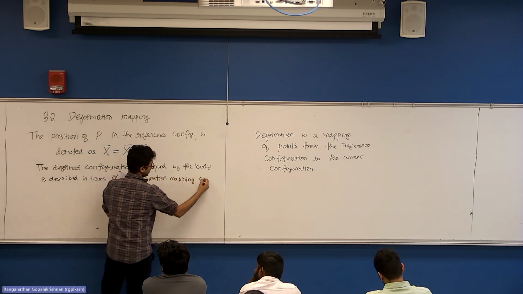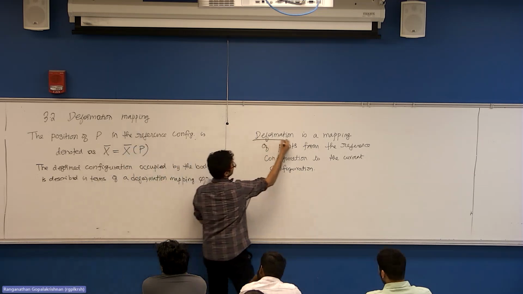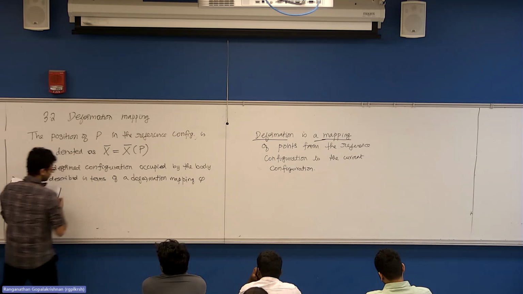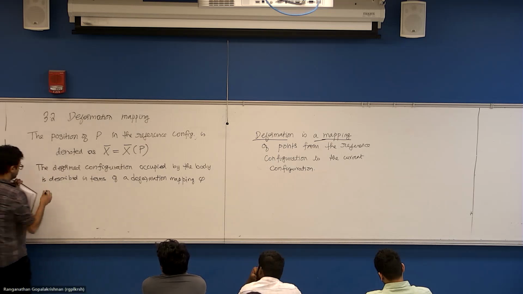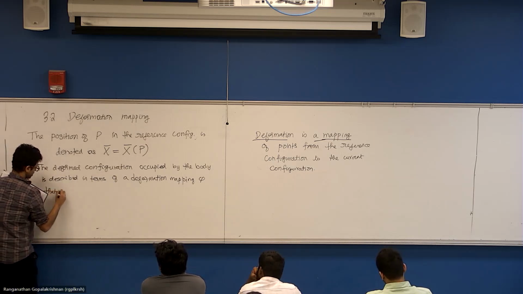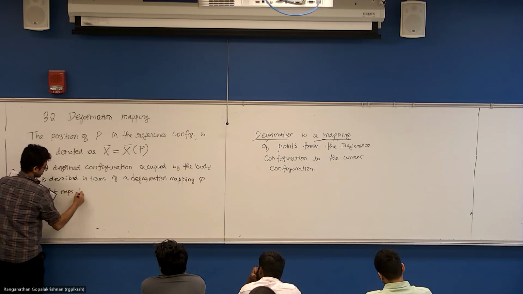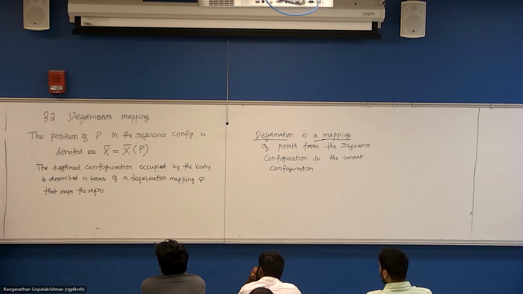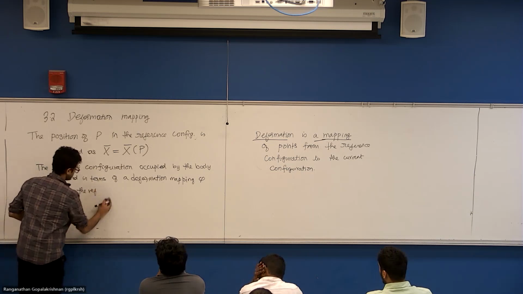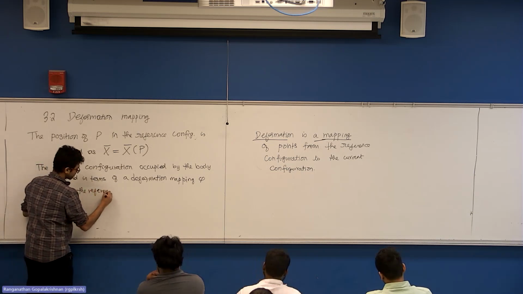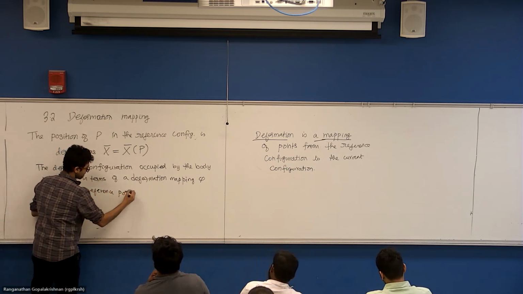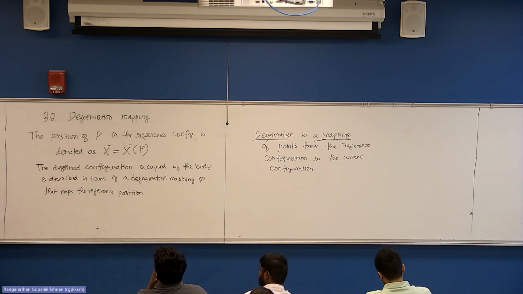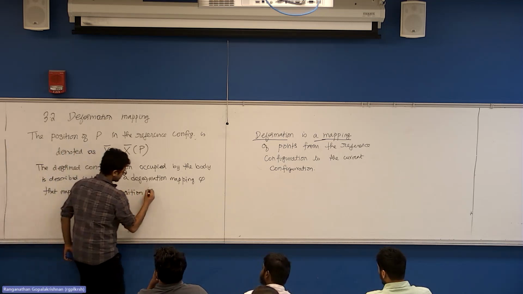We'll call it phi. A deformation is a mapping, right? So now we are calling the deformation mapping phi that maps the reference position of every particle X